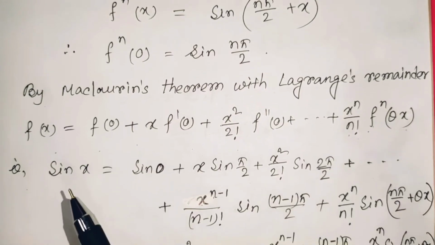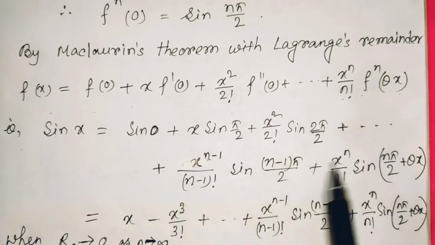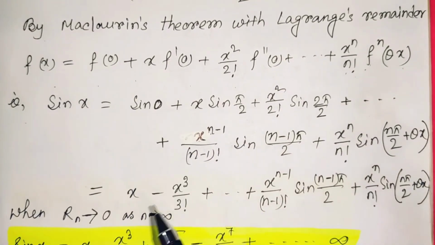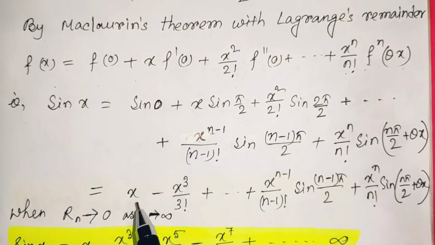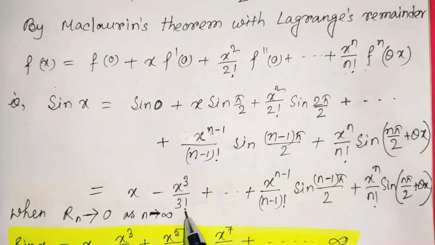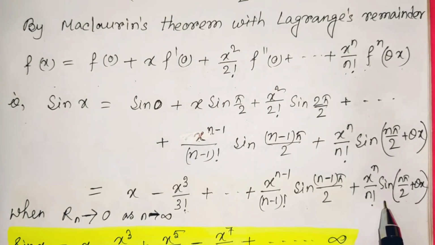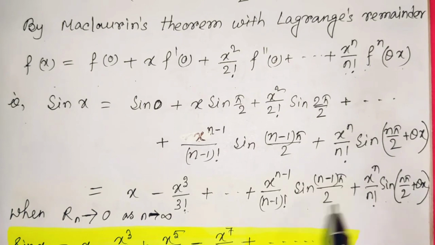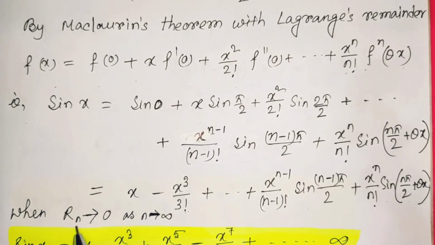Now if you substitute all those values and simplify, you will find sin x is equal to x minus x cube by 3 factorial, because this term becomes 0, this term becomes 0. In this way it will continue, and these are the last two terms. Now if you want to take the infinite series of sin x, then just take Rn tends to